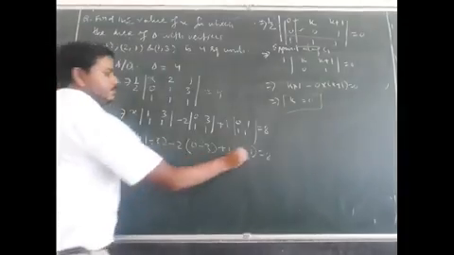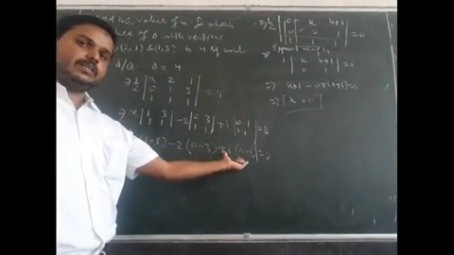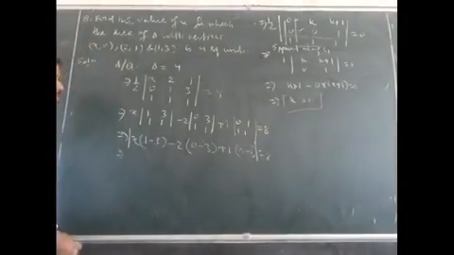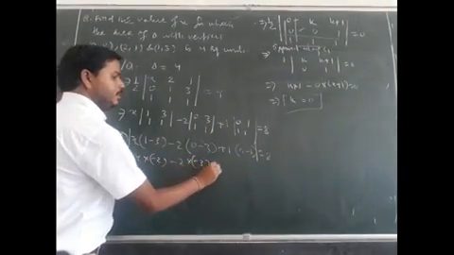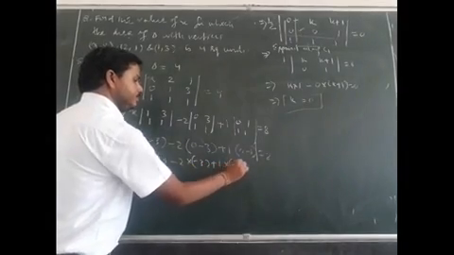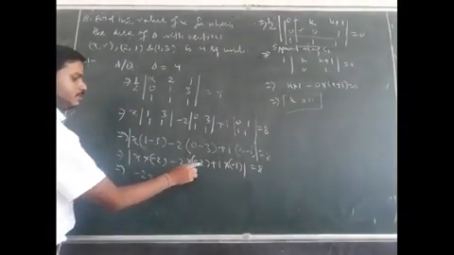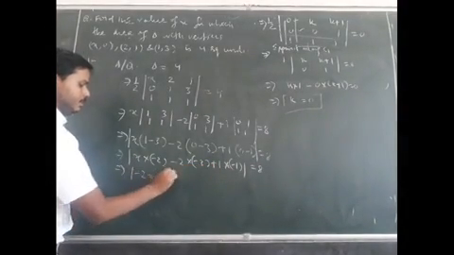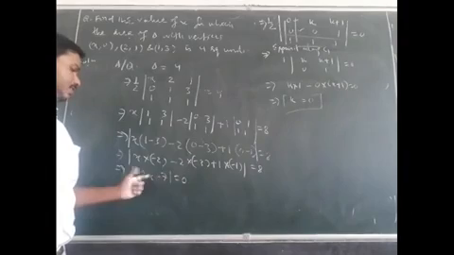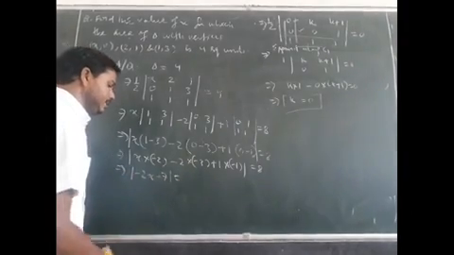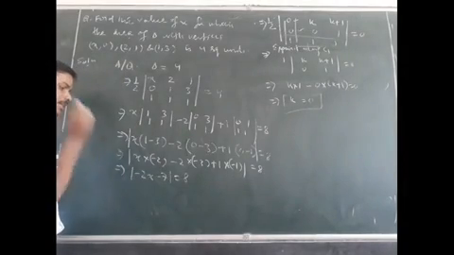Now, at this step I am giving a modulus sign, because even if this value is positive or negative, I have to take the positive value of that. So I write x into minus 2, minus 2 into minus 3, plus 1 into minus 1, modulus, it is equal to 8. So minus 2x, this is minus 6 minus 1, which is minus 7, modulus equal to 8. So I will be generating two equations now. Whenever I remove the modulus sign, I will be generating two equations.